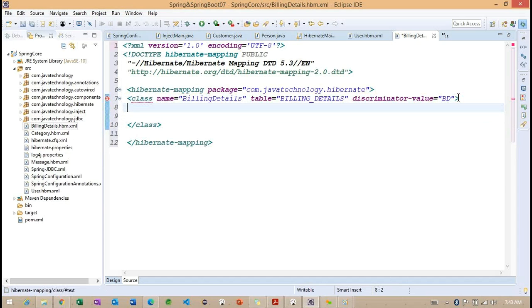We are going to work on the ID. I'm going to work on the ID here. And later, name, billing details ID. So type long we are going to specify.